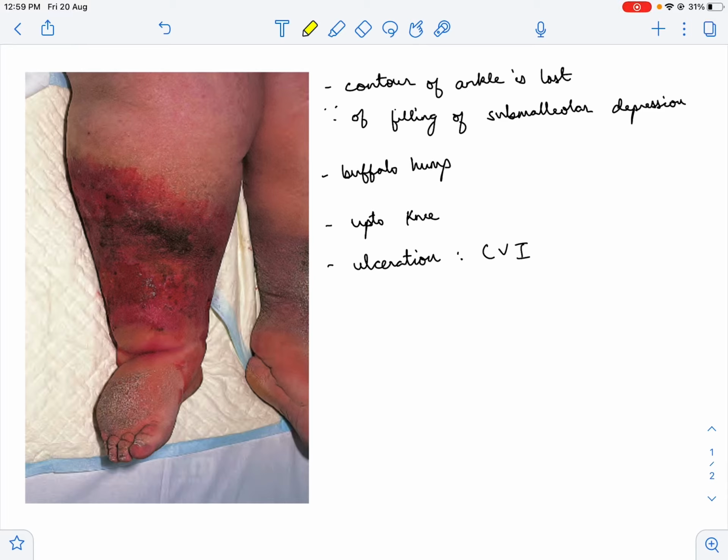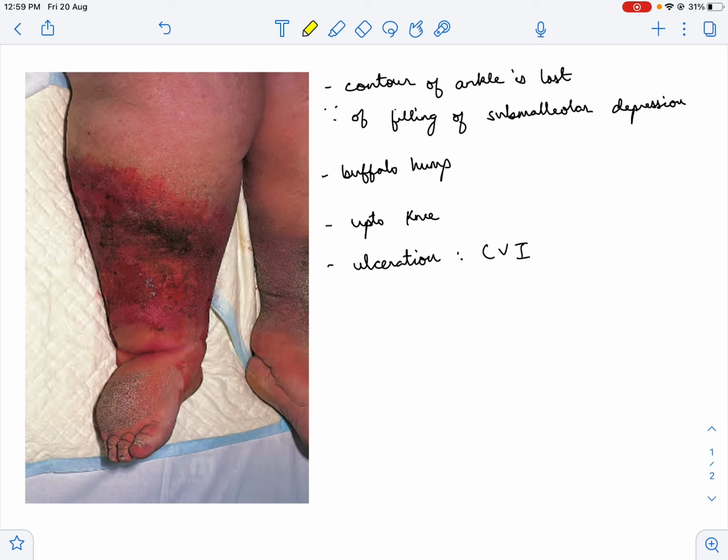In this video, we'll be discussing the clinical features of lymphedema, the signs and symptoms of lymphedema. Now, lymphedema is because of a problem in lymphatics where the capillary filtration is normal, but there's a problem in the lymphatic pathway, the initial lymphatics, the terminal lymphatics or the lymph nodes, because of which whatever fluid is filtered via the capillaries is not being able to be absorbed by the lymphatics.